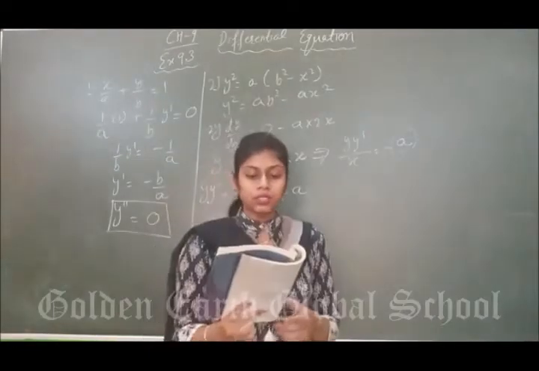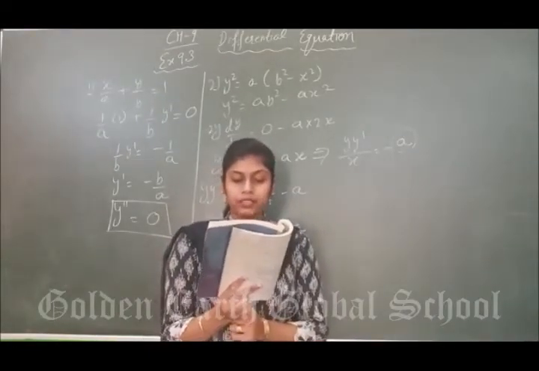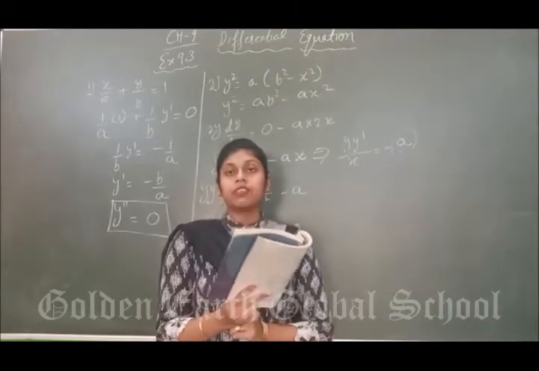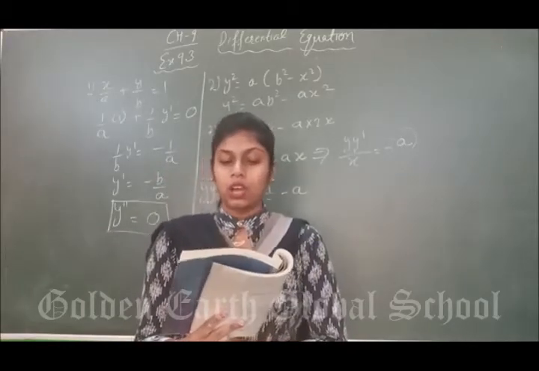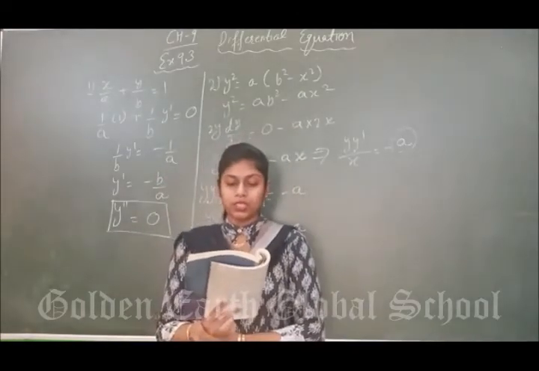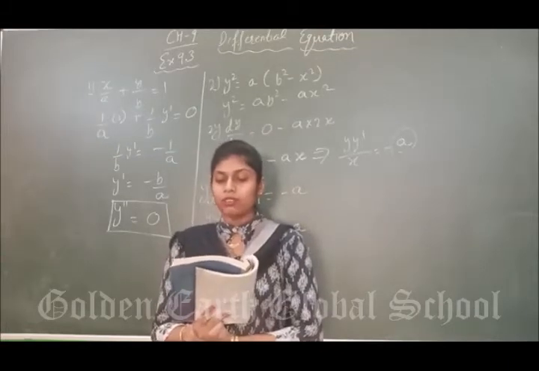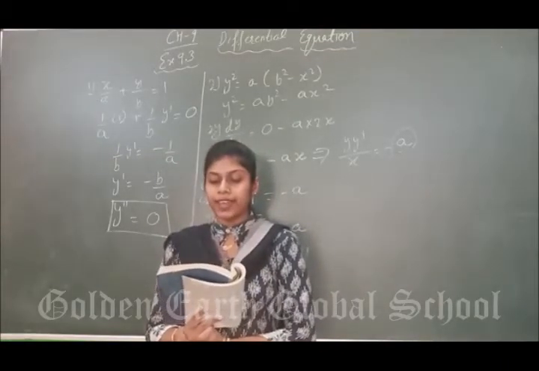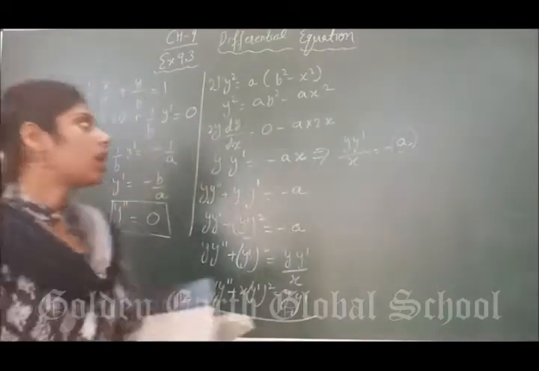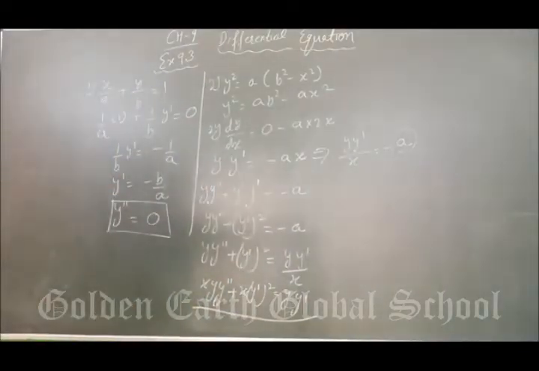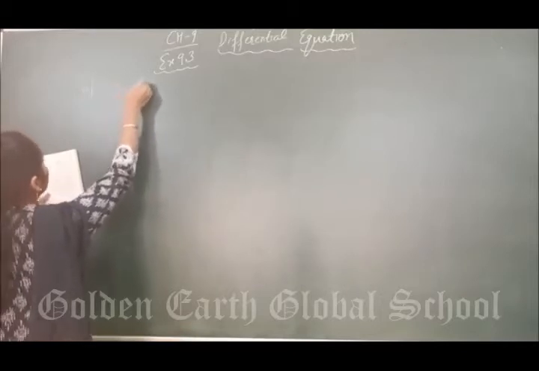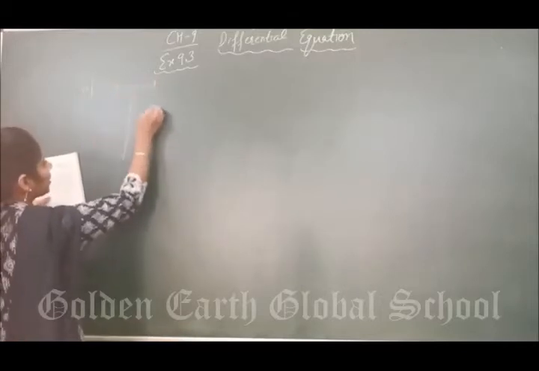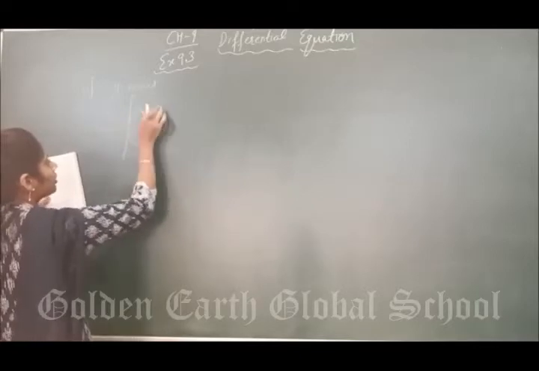Clear? Next, question number 6 onwards, 6 to 10. Their statement is given. First of all, you have to make the equation, then form the differential equation. How to form the equation? Form the differential equation of the family of circles touching the y-axis at origin. See how to frame the equations. In the sixth question, we have to form the differential equation of circles which touch the y-axis. If it touches the y-axis at the origin, then its center should lie on the x-axis.